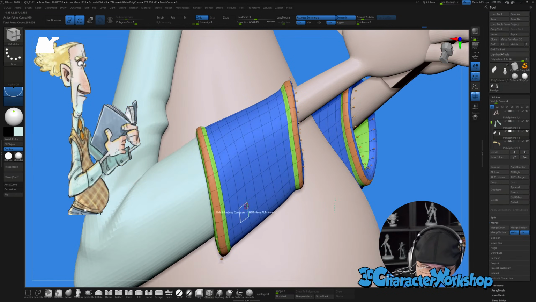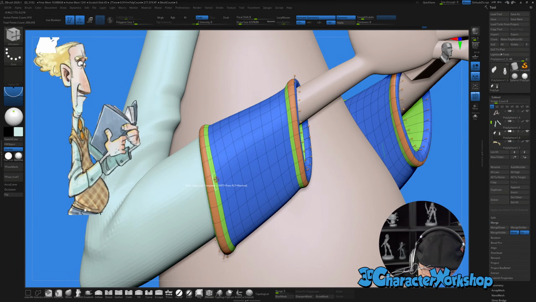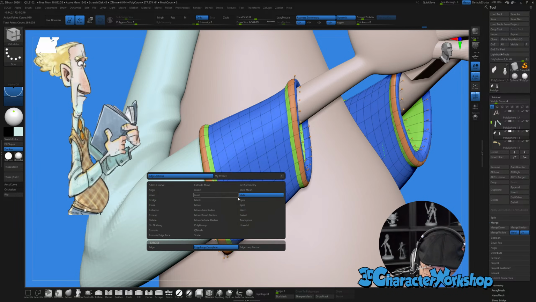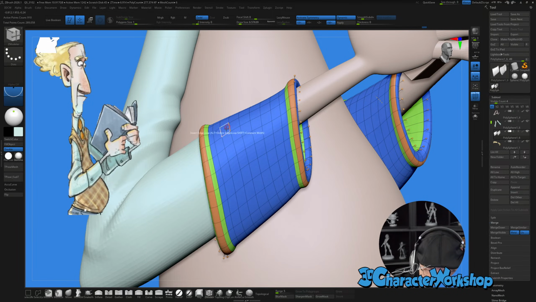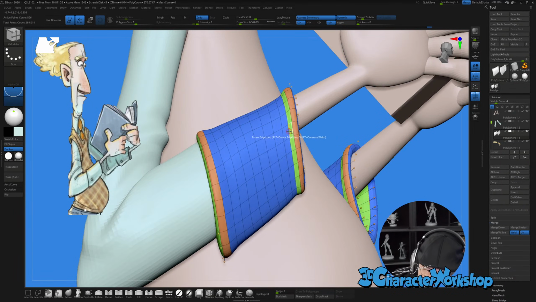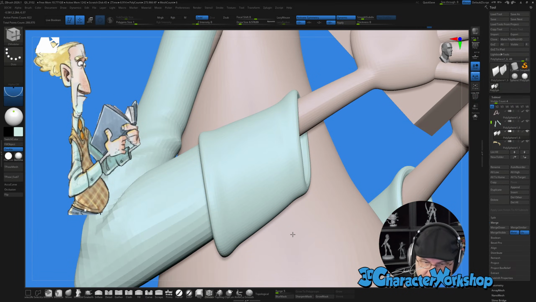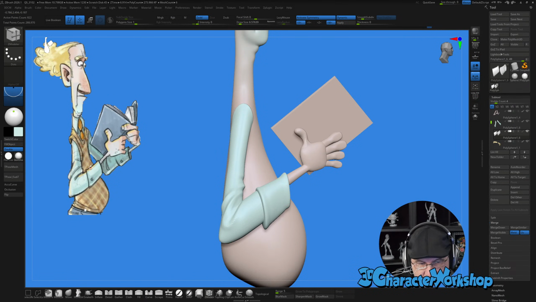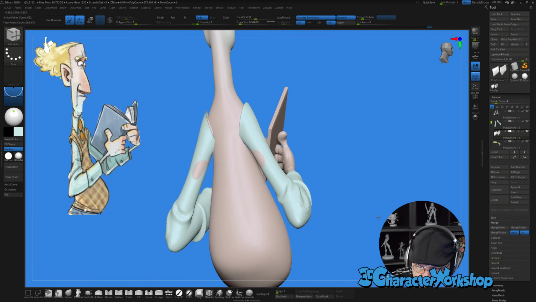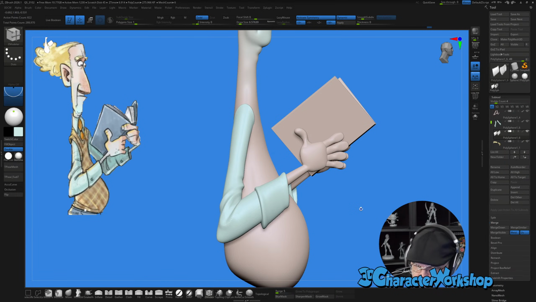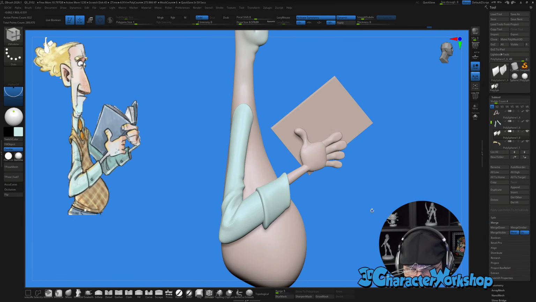And then I could even come in here and just delete this edge loop as well. If I wanted to, hold down Alt and go boonk. And that gives it even less of a transition there. So this is even more like the concept, where it's not even a crease. It's just kind of a little edge lip, you know? That works out. Okay, I'm just going to leave that alone. Mess with it enough. Let's fill it with a color though.